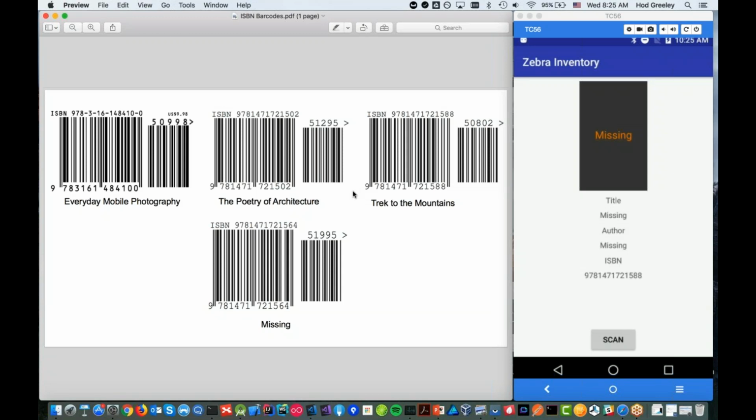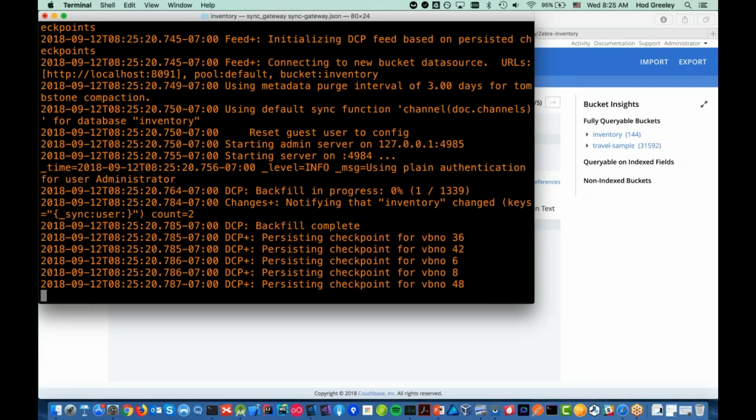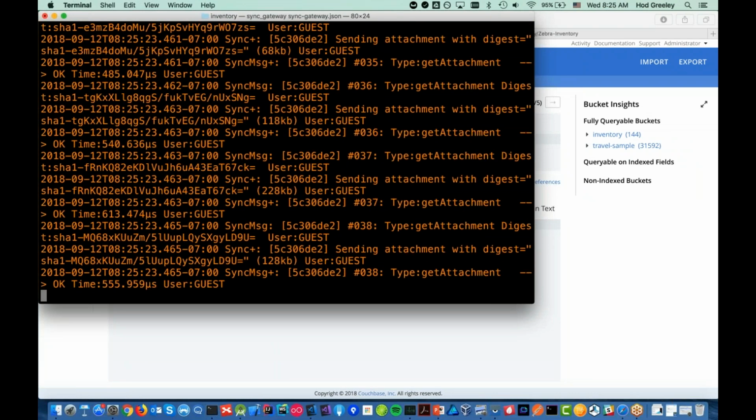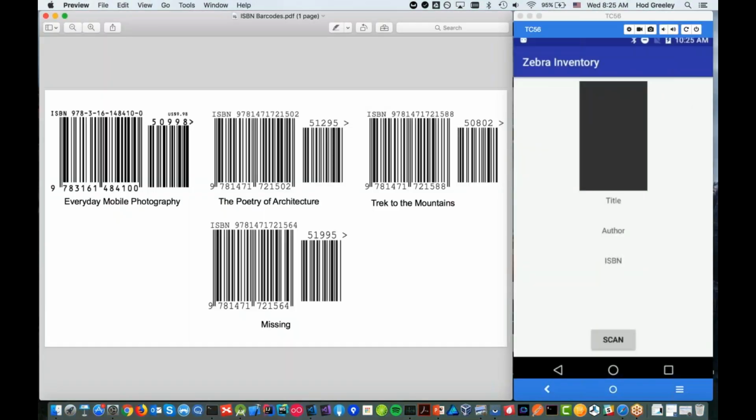So let's go ahead and move over. I mentioned that we have the 3 tiers there. What's missing here is I have the data loaded in Couchbase Server. What I haven't done is fired up Sync Gateway to synchronize the data to the device. So I'm going to go ahead and do that. And then we can see there the synchronization happening. So now if I go back in and I scan things, now we get